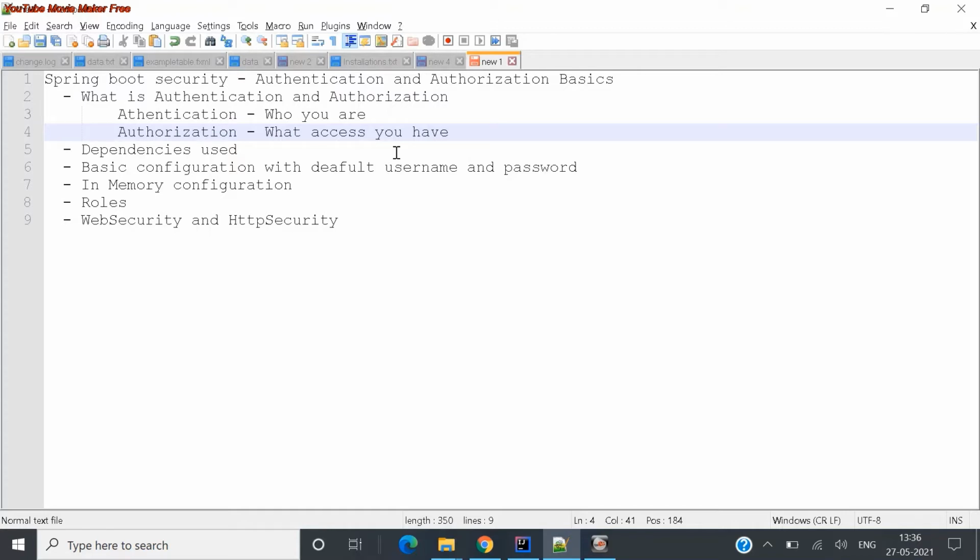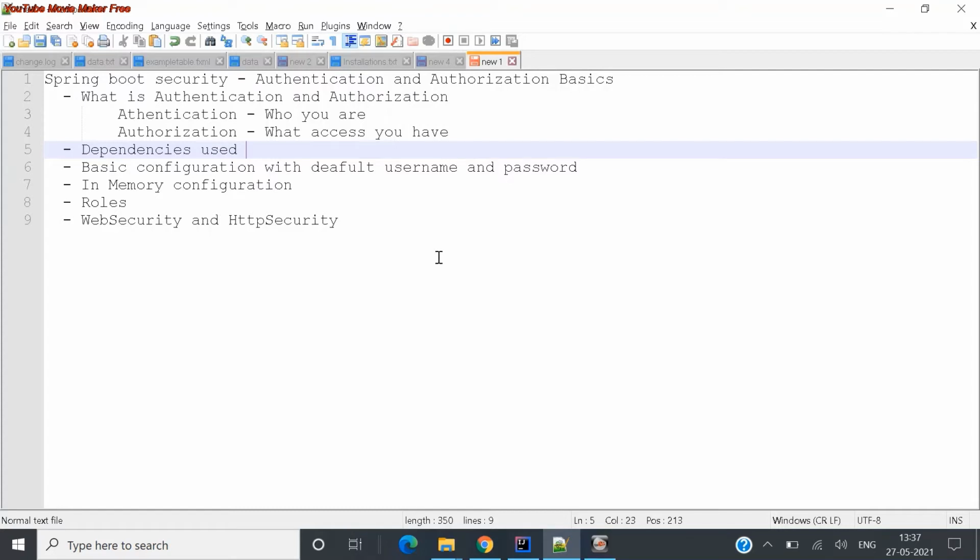So authentication is who you are, and authorization is what access you have once you are authenticated. This is the basic concept of authentication and authorization. You can refer to other guides which give more detail, but at a high level this is the basic concept behind it.